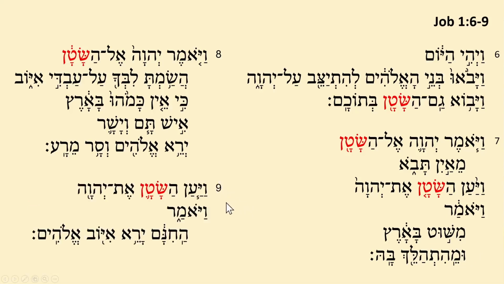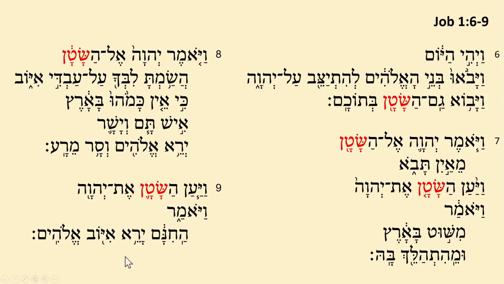Verse 9. Vaya'an hasatan et Adonai. The accuser answered Yahweh, Vayomer, Vayomar, again, like here, Vayomar. I don't know why sometimes it's Vayomer and sometimes it's Vayomar. Stress is different and you get a different vowel there. I never figured that out yet. Okay, so the accuser answers Yahweh and he says,